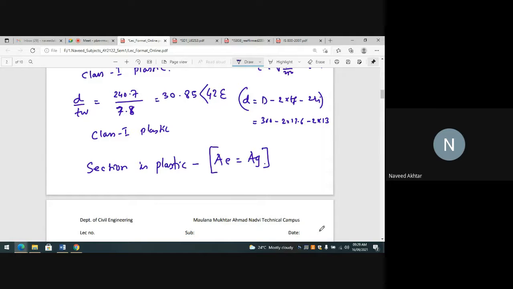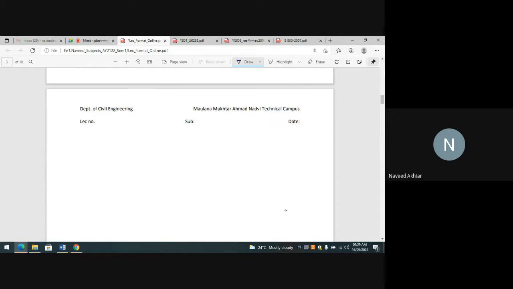Now you have to find out the slenderness ratio. Step number 5: calculate FCD. So FCD you have to find out from table 9C because